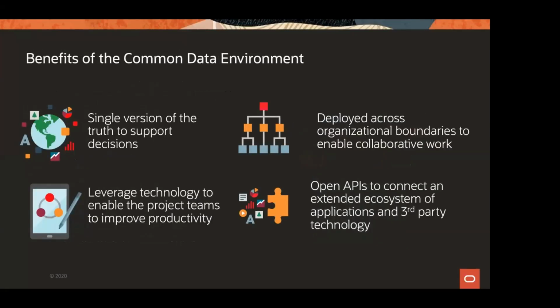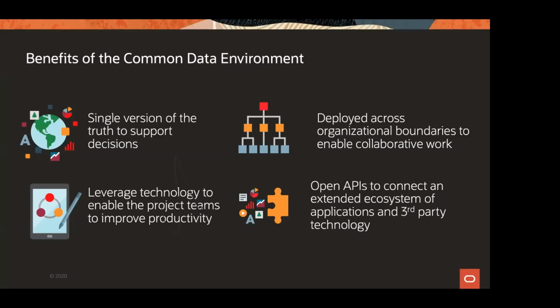So what are the benefits we're looking towards for the common data environment? We're looking for a single version of the truth. We're looking for dependable, reliable information we can use to make decisions on. We're looking for an environment that can cross organizational boundaries, making sure different organizations can use the information for different purposes and decisions that need to be made. You cannot have a hard boundary between organizations. Information needs to flow. And we really need to leverage technology, leverage mobility, leverage cloud environments, leverage security, leverage 4G and 5G networks to move this data around.